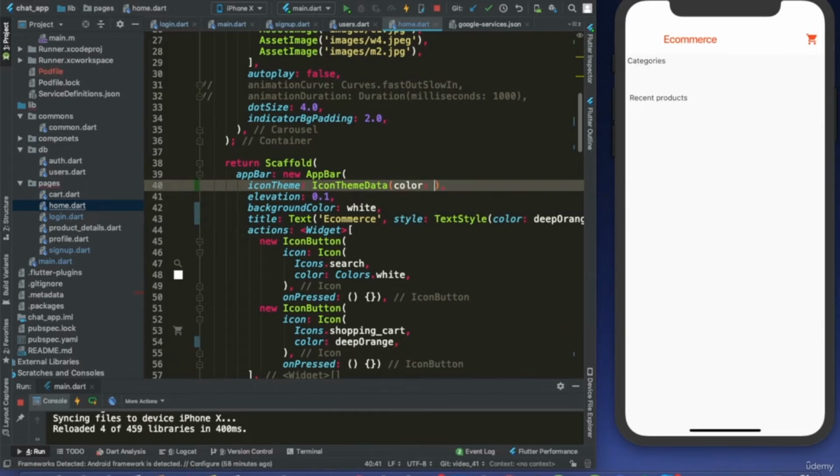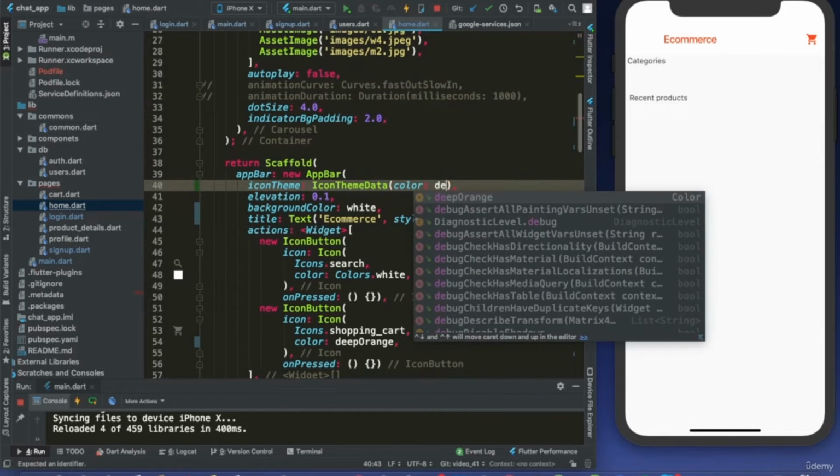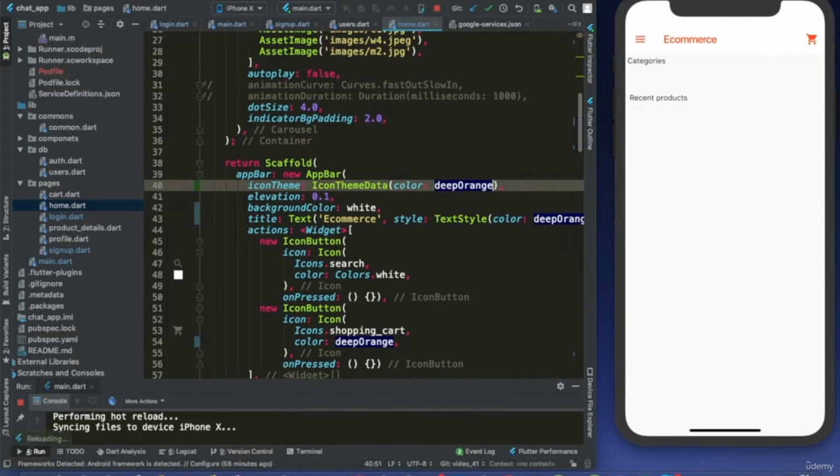Icon theme data color deep orange. Boom, perfect. And the very last thing we are going to do here to change the way our app looks like